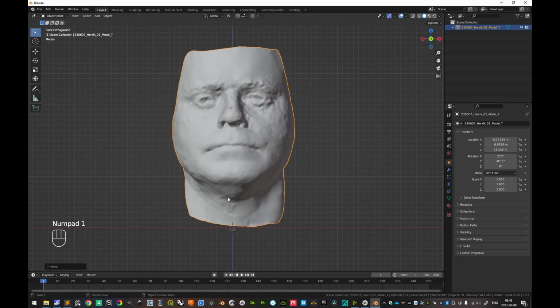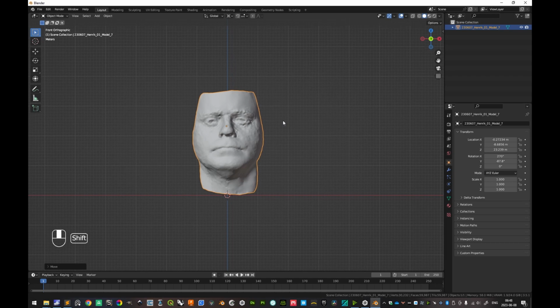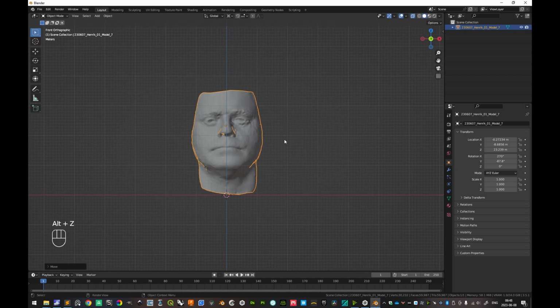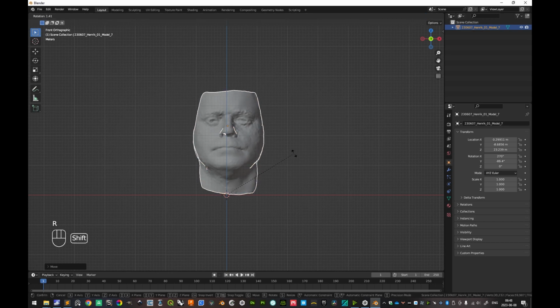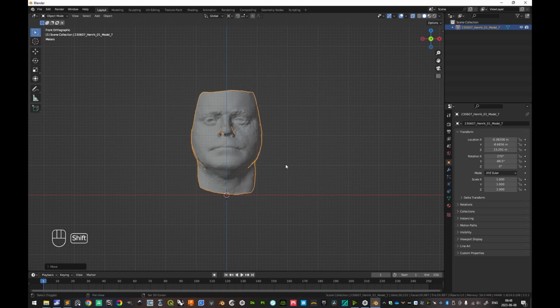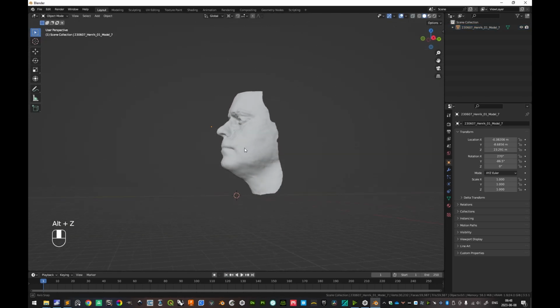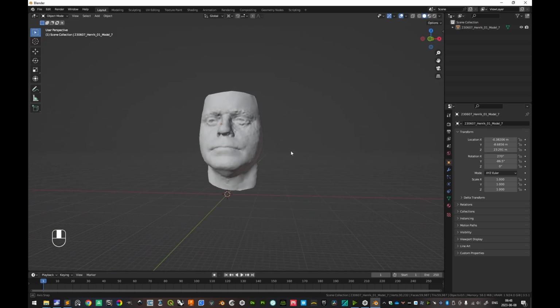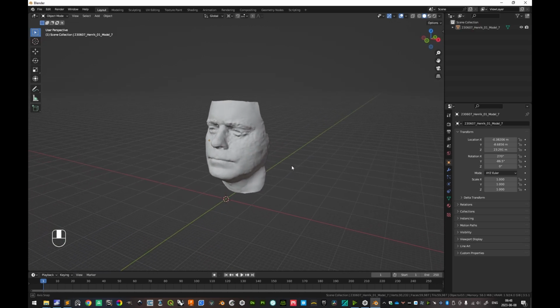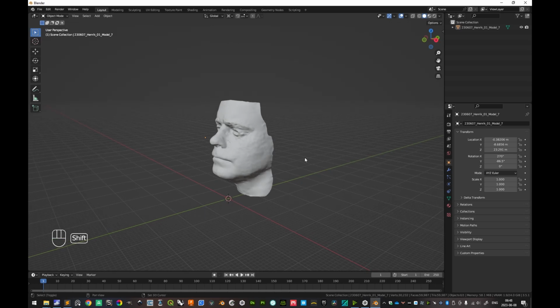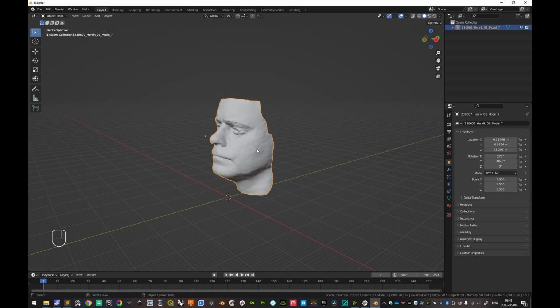If we check here in orthographic, it might be a little skewed there. So let's see if we can not constrain it to the Z, but simply rotating it here. So like that, and then we can move it a little to the left here. Yeah, looks good. All right, and then we could